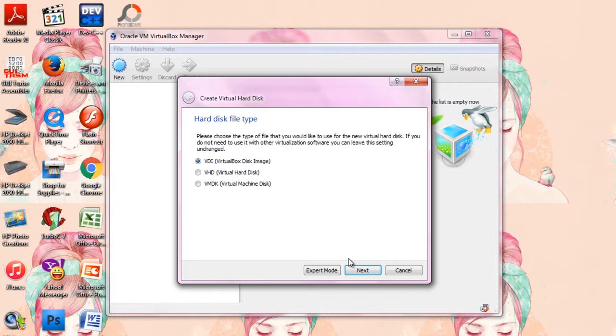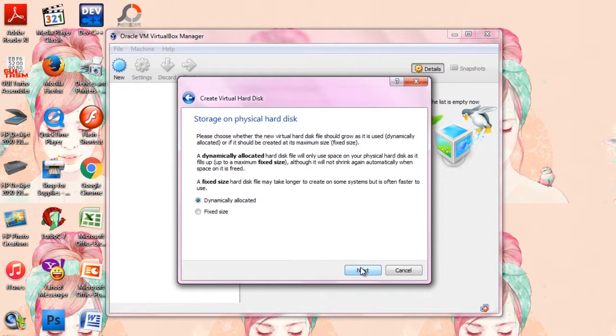You could select one of the other disk types, but we're just going to choose virtual hard disk, and click next. In here, leave it like this and click next.